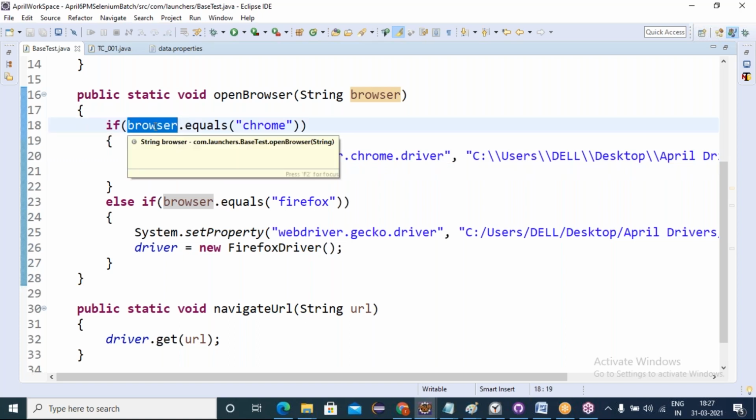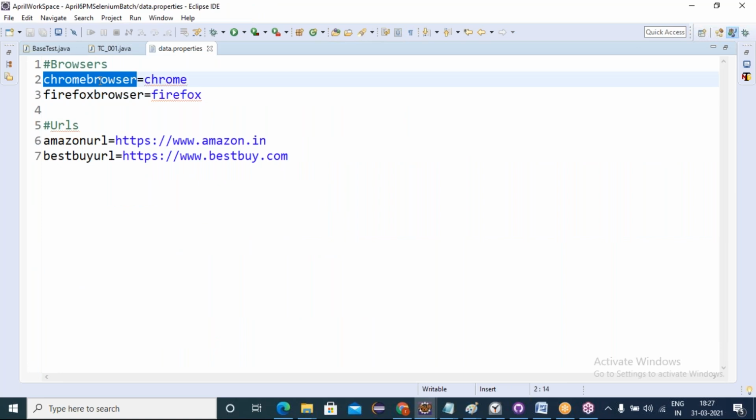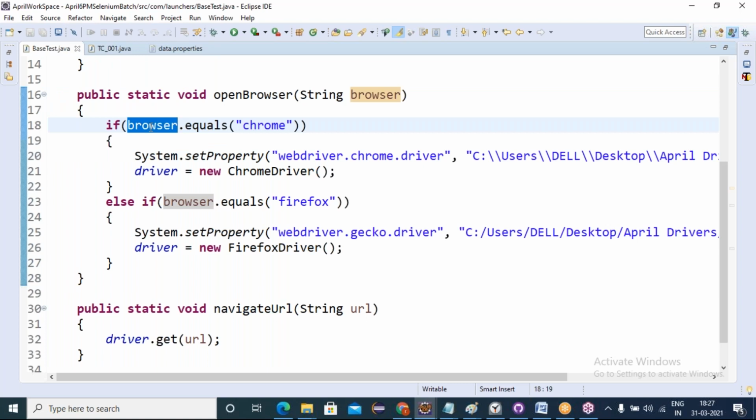So what we have to do, to load the key's value, first of all I must load this data.properties file. Then in that loaded data.properties, I can get the key's value. Then it can check whether the key's value Chrome is equal to Chrome or not.